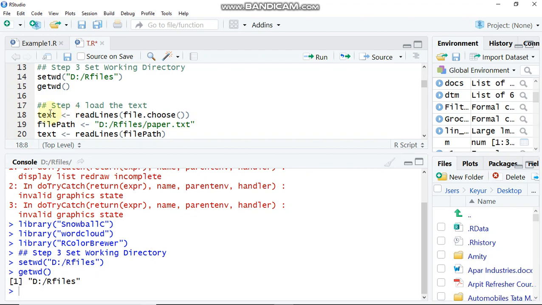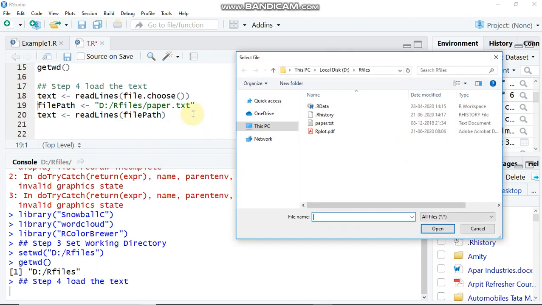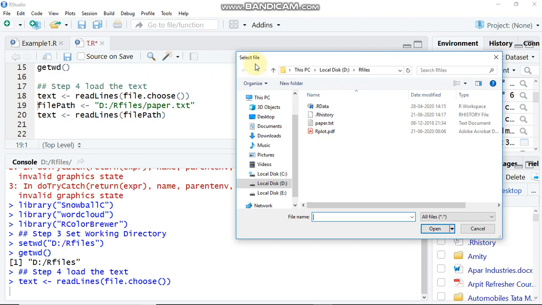So text is equal to readLines(file.choose()), meaning I have to choose the file. My file is available in the R files folder. So I am running this command. Look what happens: it has given me an option to select a file. For me, paper.txt is the file.